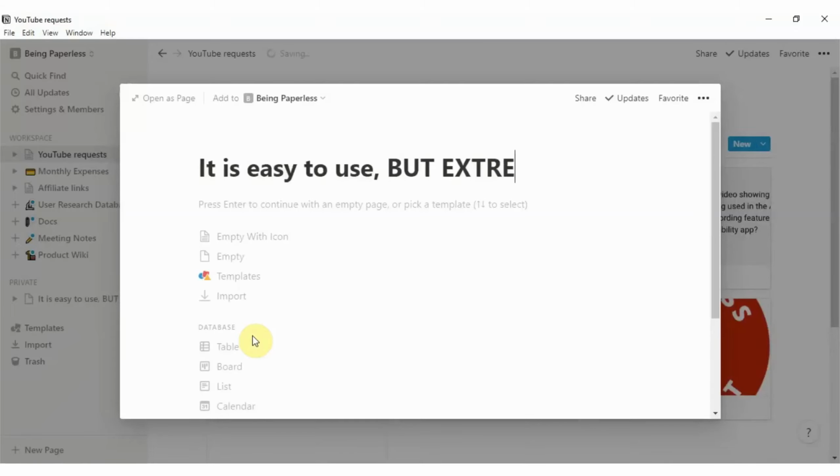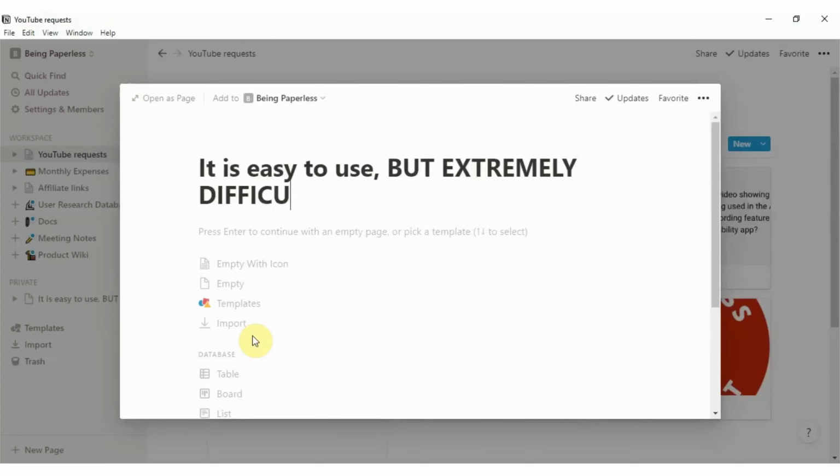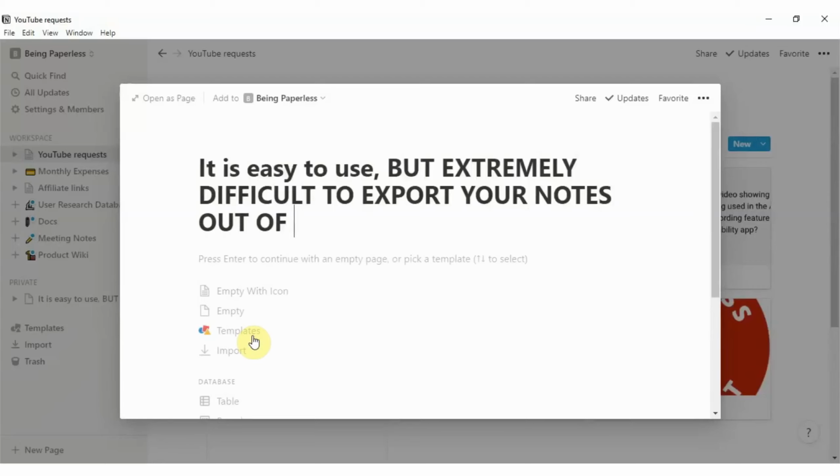Notion purposefully designed their application to accumulate and gather information and keep it in the application. The application is clearly created by great minds. They know how to make things easy. They know how to draw you in. They also know how to lock you in and keep you coming back to them and make you dependent on them. For all our sake,